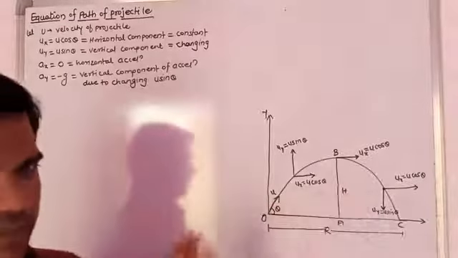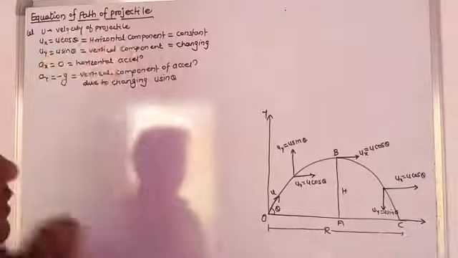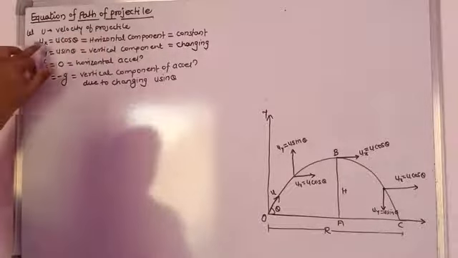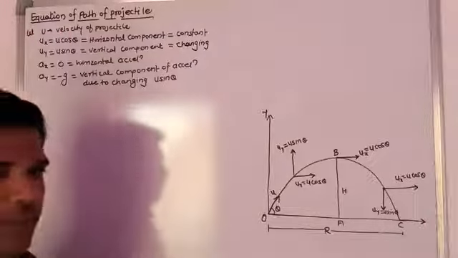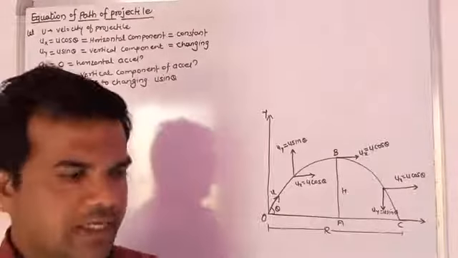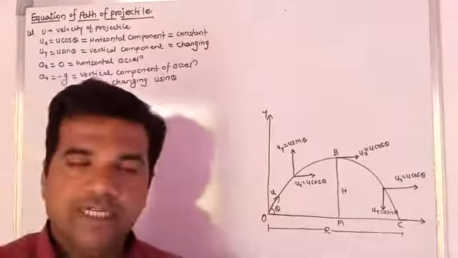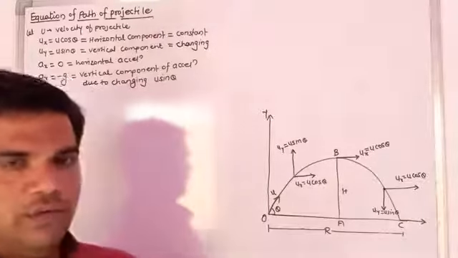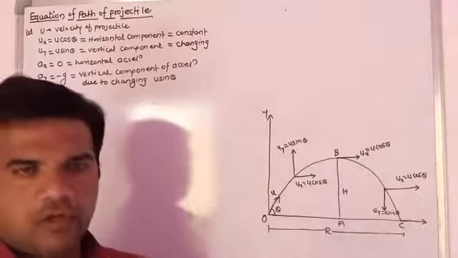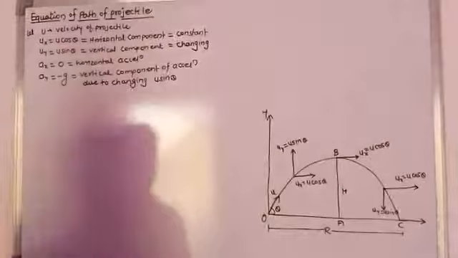This trajectory is a parabolic path. Now here we have to derive the formula for the equation of path of projectile. So consider, let u be the velocity of projectile. This velocity u can be resolved into two components. One is the horizontal component ux is equal to u cos theta, and second, the vertical component uy is equal to u sin theta. This u cos theta is constant throughout the motion, while the vertical component uy is equal to u sin theta is not constant and it is variable, meaning it is changing from time to time or position to position.